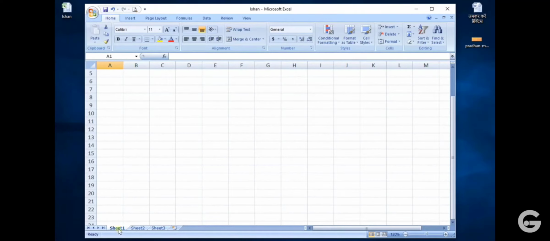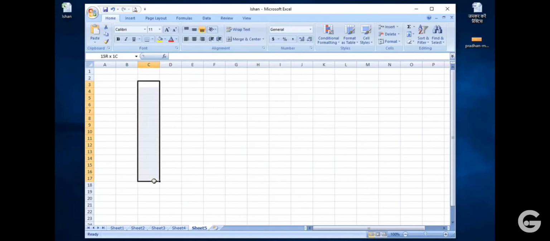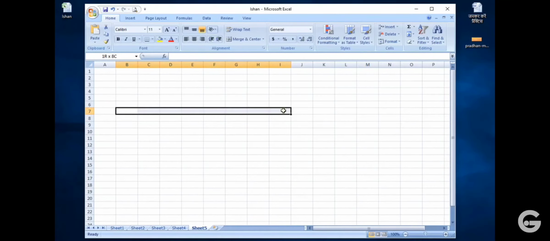So students, sheets option you can see, you can create many sheets. Okay, आपको जितनी sheets चाहिए आप create कर सकते हैं. You can click on it as one option you can see. So according to you, you can add many sheets. So students, आप जैसे कि देख रहे हो बहुत सारे options here.